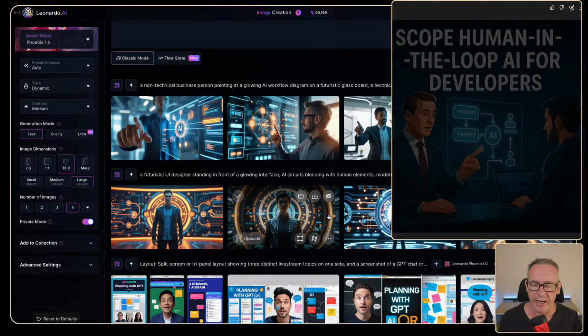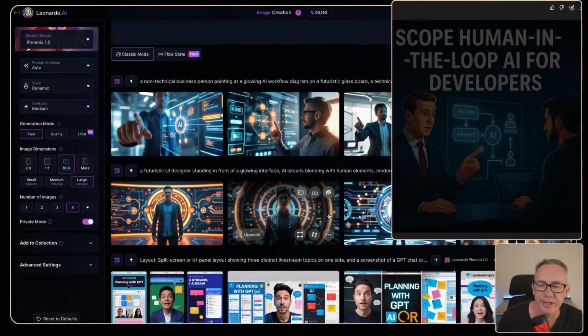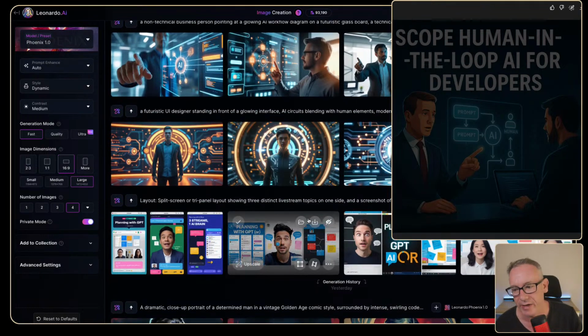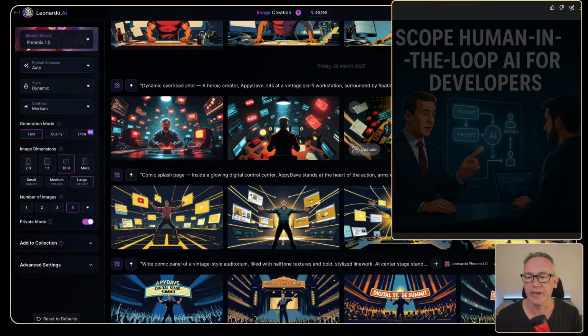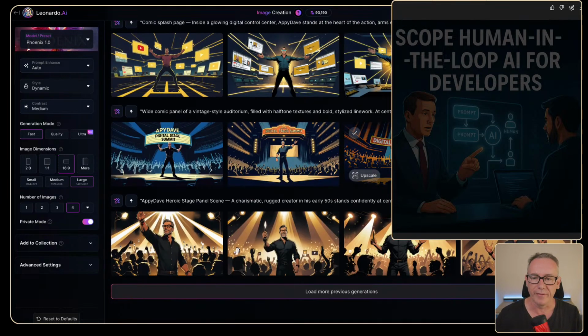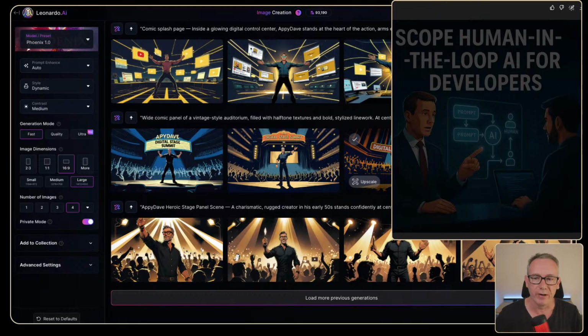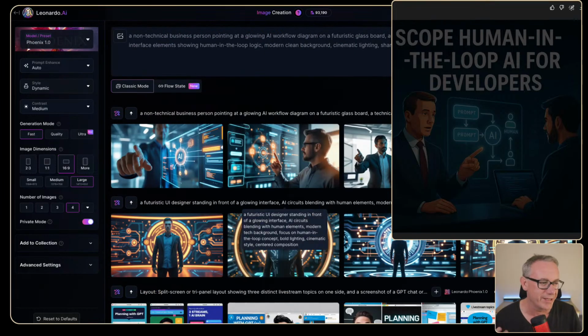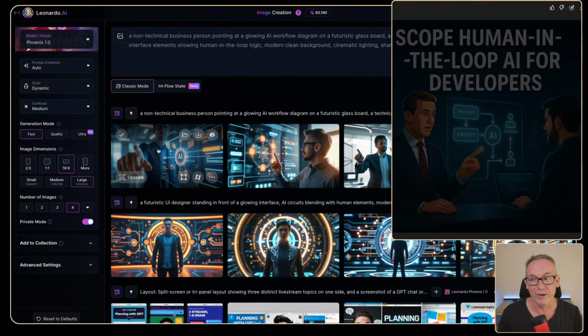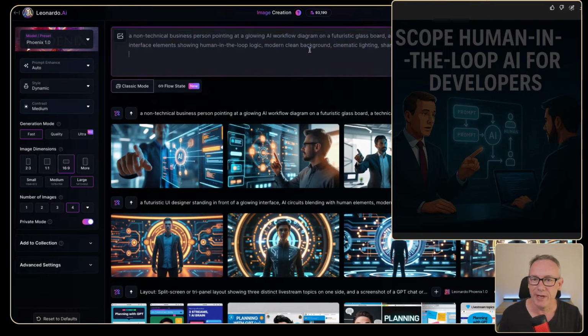These are failures, and the reason they're failures is one of the things that you've got to do when you're using Leonardo AI is not just state what you want, but really get detailed on the style and the design that you want. When you get those two things right, this does an awesome job. So I've got better versions down below where I knew the style I wanted, but here I didn't specify a style, and it just looks really AI generated when it's done this way.